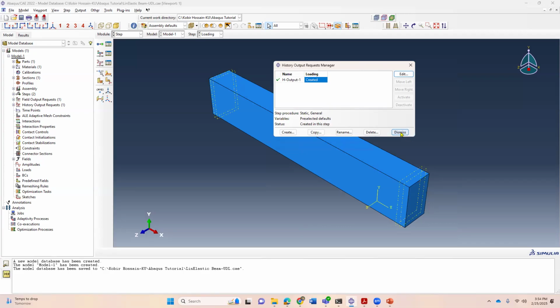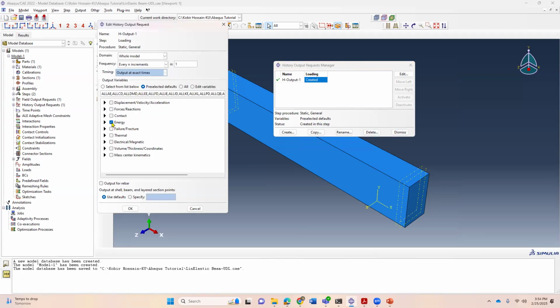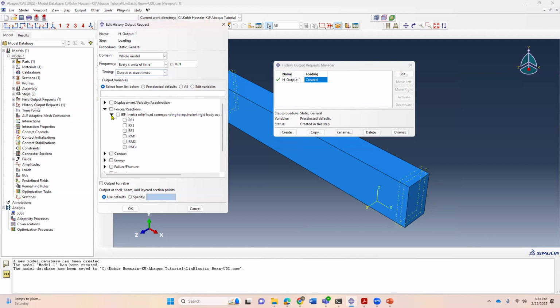We do not need to create any history output data. Still, let's create some. Sometimes it gives an error, a message saying that you have not created any history output data. So let's do the same thing as the field output data, and we want to see only the reaction force. Sorry,